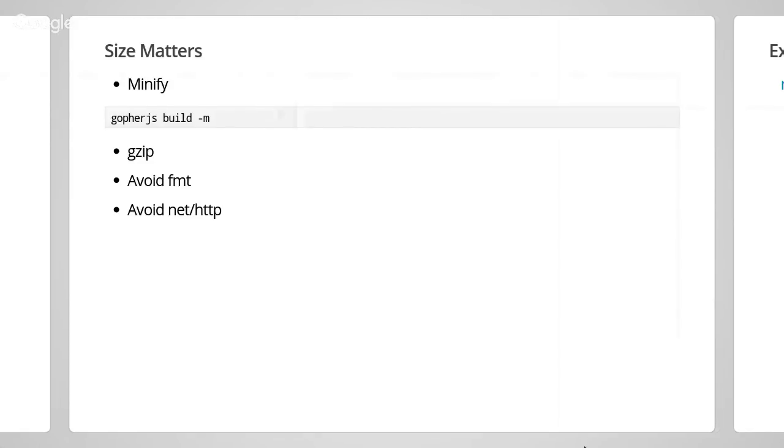The first thing, for production, you should always minify your build, similar to what you do in the front end as well. This is very easy with Gopher.js. It's just gopherjs build -m. Then, of course, you should also gzip this. But depending on what you're using, this is basically automatic. We are talking here about a site without a server.